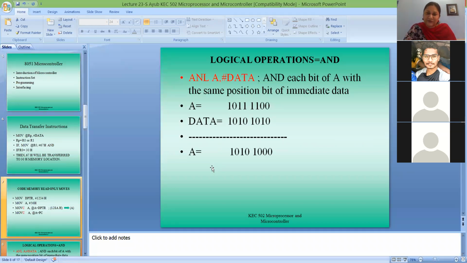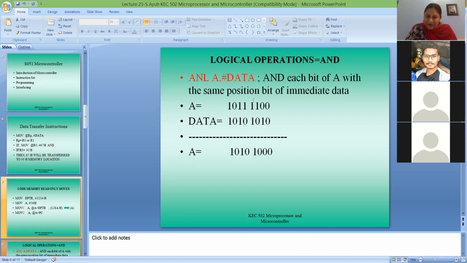Coded instructions done. Now we'll see some logical operations: AND operations, OR operations, and XOR operations. If we use ANL A comma hash data, that means data is 8-bit immediate data. That immediate data is ANDed bit by bit with the accumulator, and the result is stored into the accumulator.